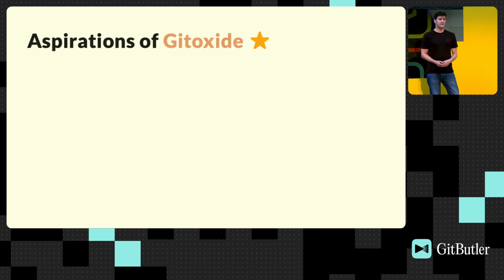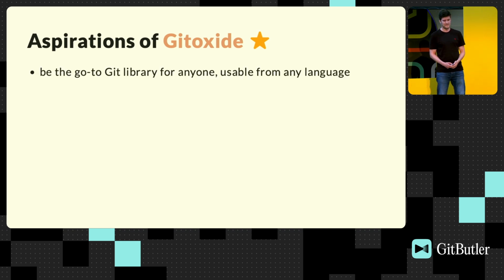And since we are here, everything is allowed, everything is possible. Aspirations of Gitoxide in the far future, what could it be? What do I have in mind sometimes when I sit down and write code for this? Then why not make it the go-to library that is usable for anyone from any language? And based on my previous description of libgit2, Gitoxide kind of wants to be libgit2, right? So it's fair to shoot for the stars to maybe hit something,